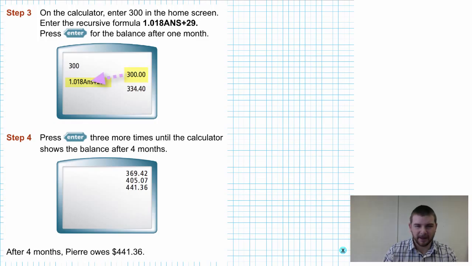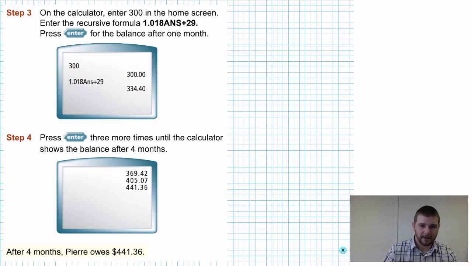So the value that's pushed all the way over to the right-hand side of the screen, in this case 300, after multiplying, then it will add 29. So we need to enter the plus 29. When you hit enter, you'll find 334.40. If you did not switch your calculator settings, you may see more decimal place values than that. Hitting enter 3 more times continues reapplying the expression to the new answers, those new values at the far right. It's a really powerful feature of your calculator that can be useful in many situations. But the balance after 4 months, shown on our screen now, is